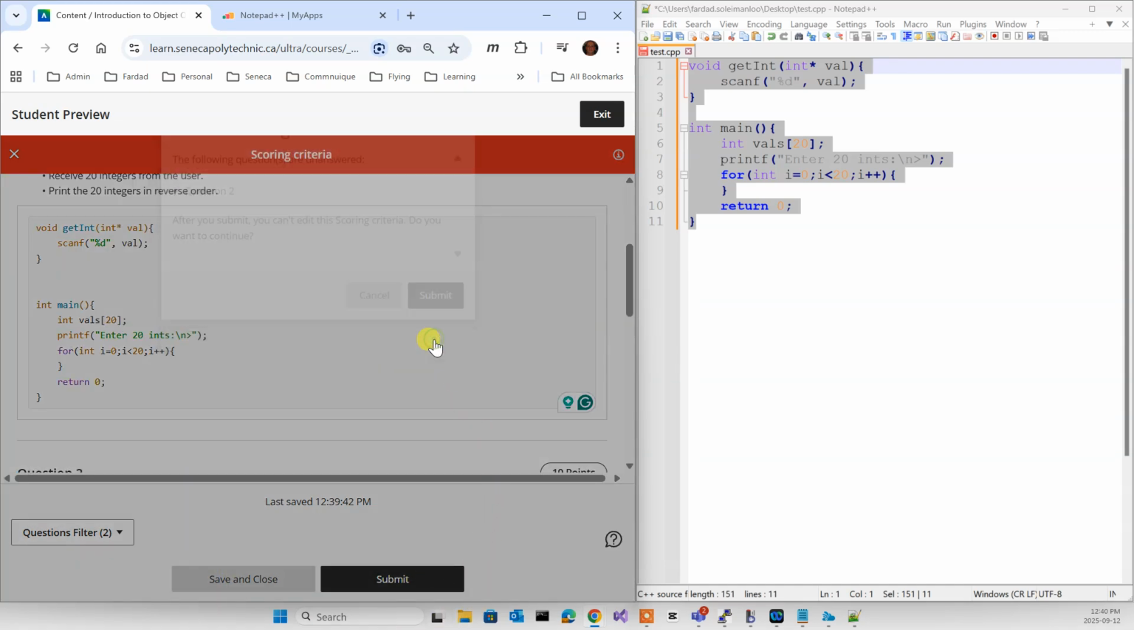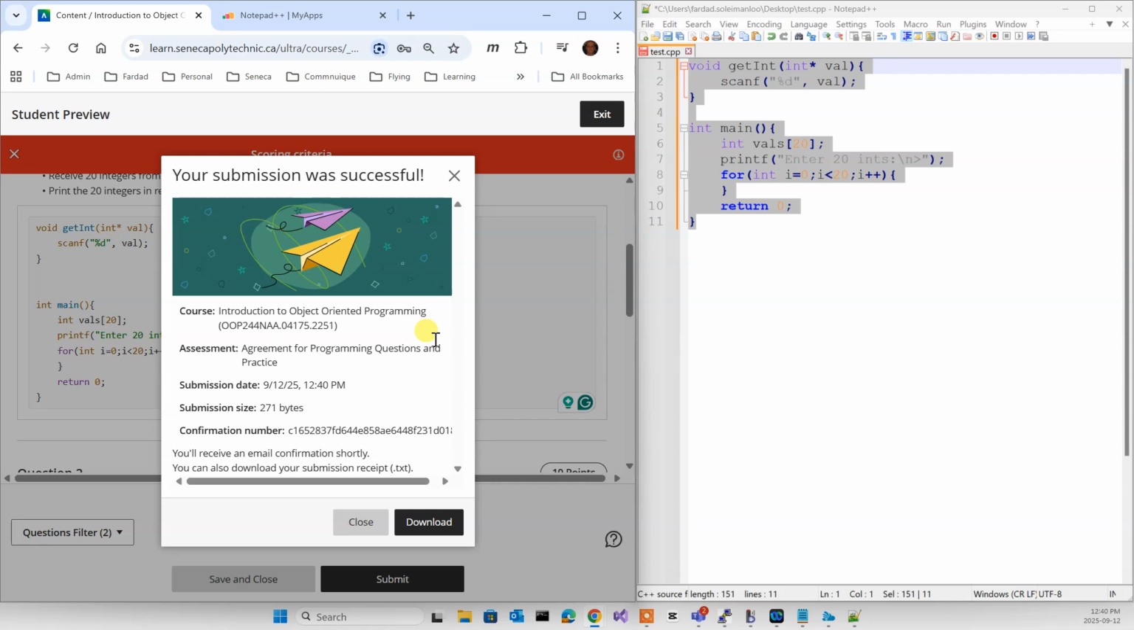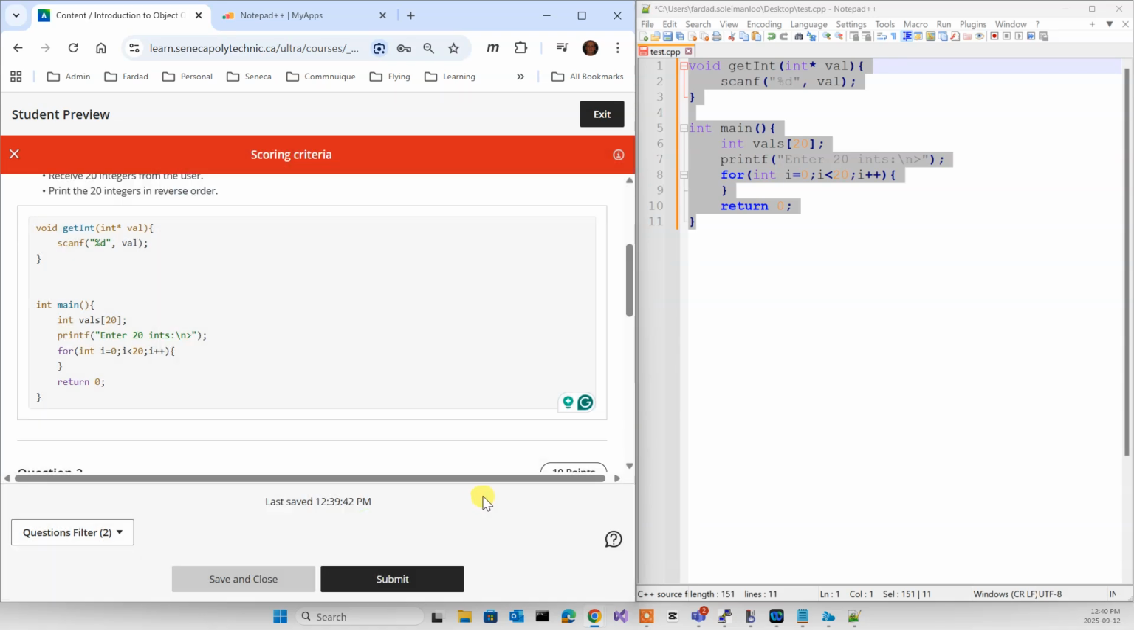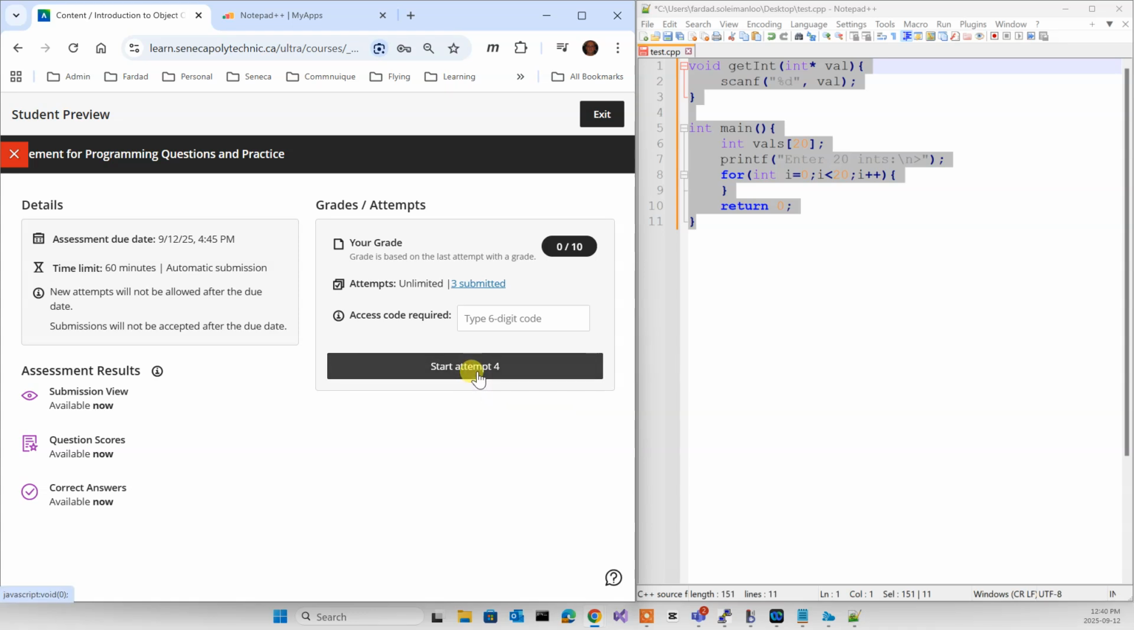Done. So this actually will fail because for the agreement, I was supposed to actually come down and agree to the agreement. So over here, I'm going to get 0 out of 10, as you see. Okay, you have to agree. So what happens is that in that test, in that agreement,